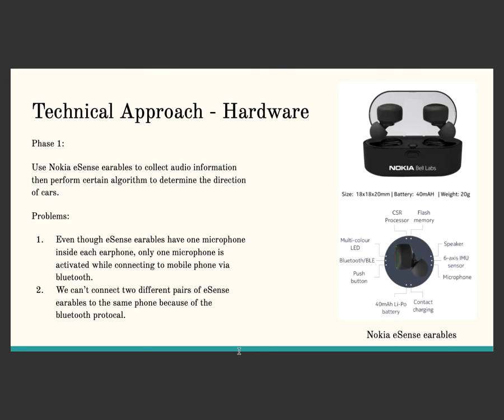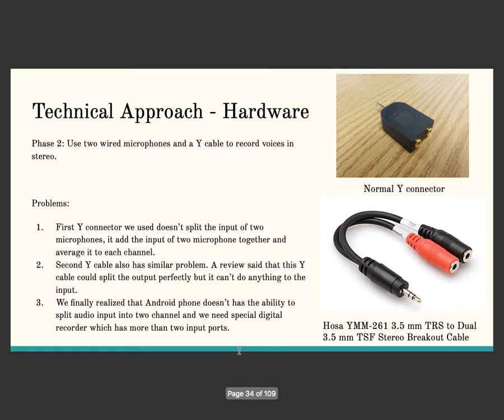And then that's why we moved to the second phase. In the second phase, we tried to use a wired microphone to collect the audio information and somehow split it into two channels. There are two wire connectors we're using in our project, but both of them don't work because of